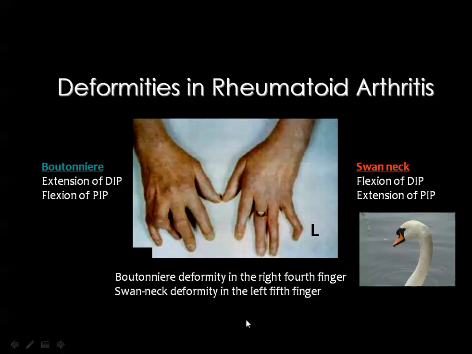And the well-known two deformities are the swan neck deformity and boutonniere deformity. In boutonniere deformity, there is extension of the distal interphalangeal joint and flexion of the proximal interphalangeal joint. In the swan neck deformity, there is the opposite, flexion of the distal interphalangeal joint and extension of the proximal